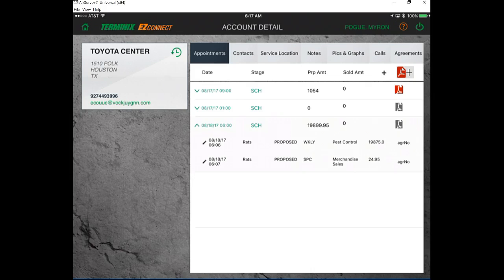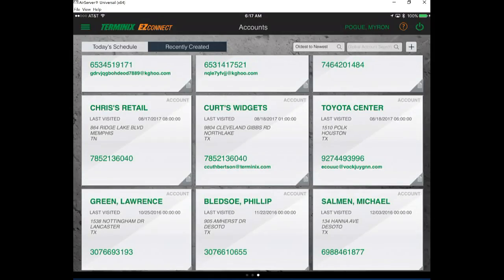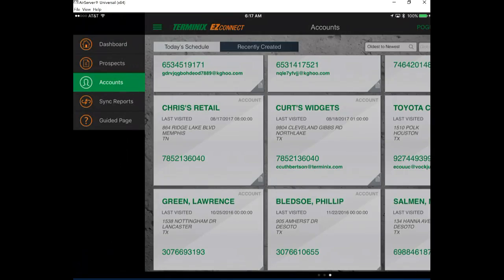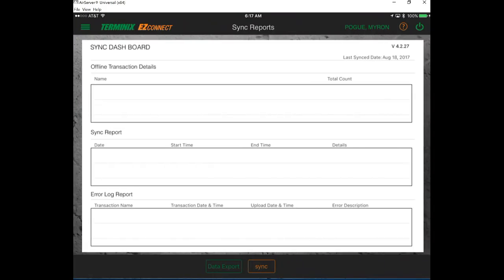So one thing that I do want to show you before I finish here and before I open up for any questions is a couple things they've built in which I think are great, and they're going to be very helpful, especially early on, because we are expecting there to be some issues and some things that don't work the way you want them to work, and maybe you get to a point and your screen freezes or you lock up. If you click on this hamburger button here and you go down to Sync Reports,